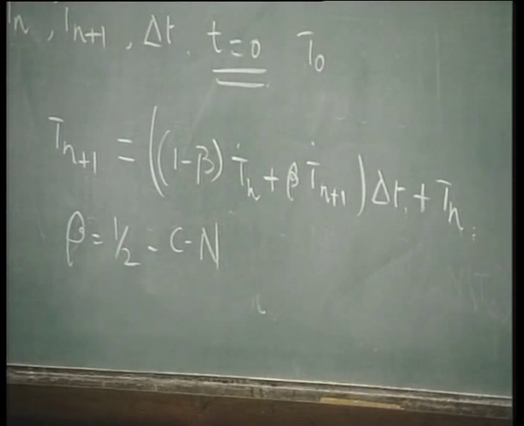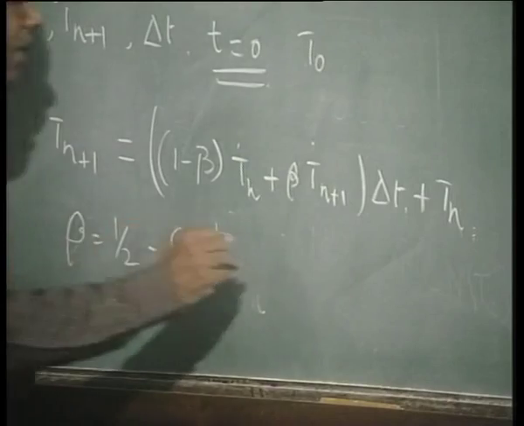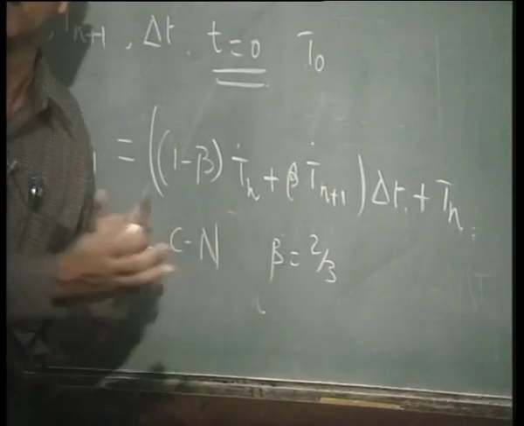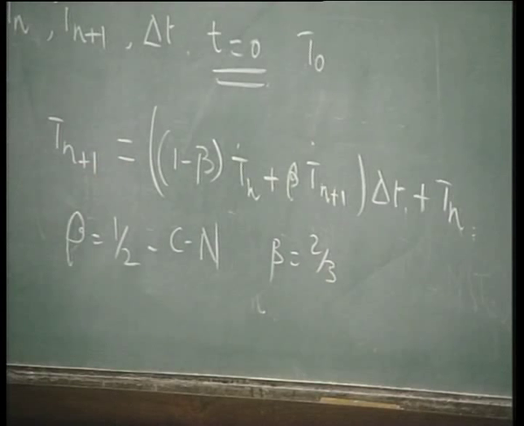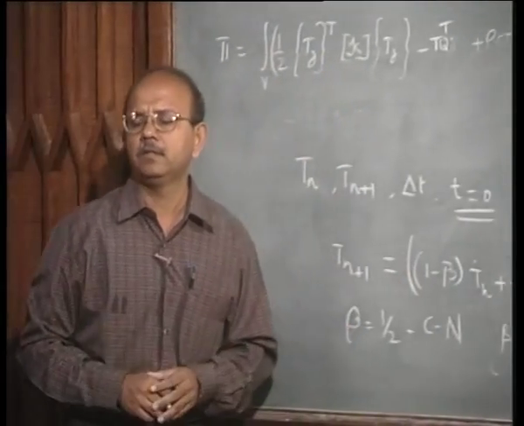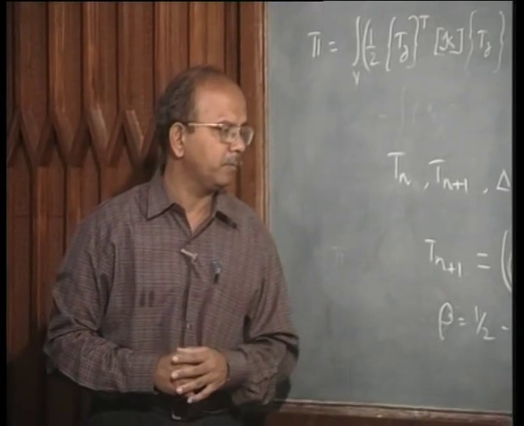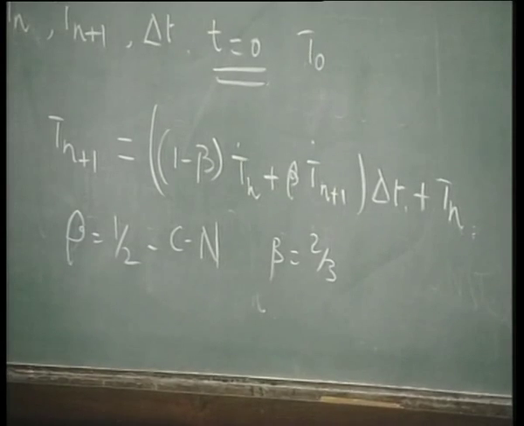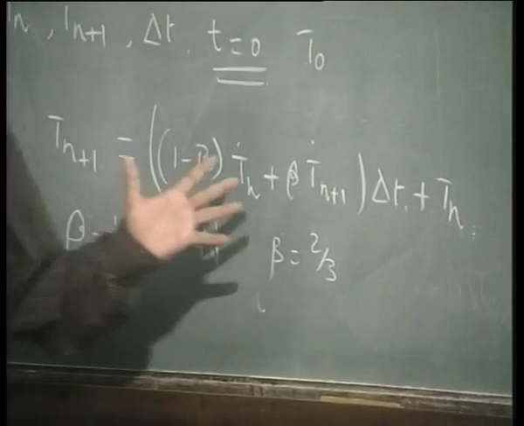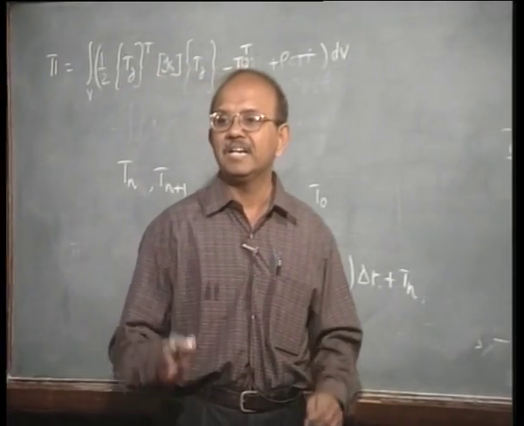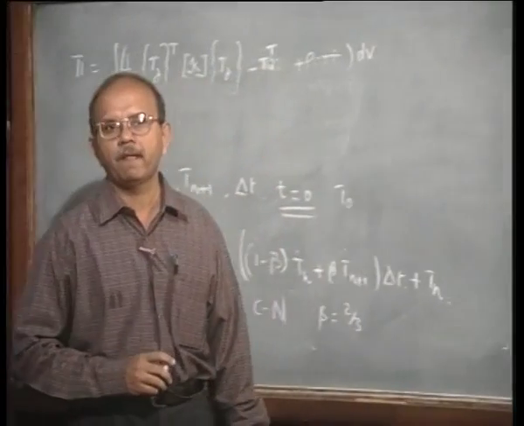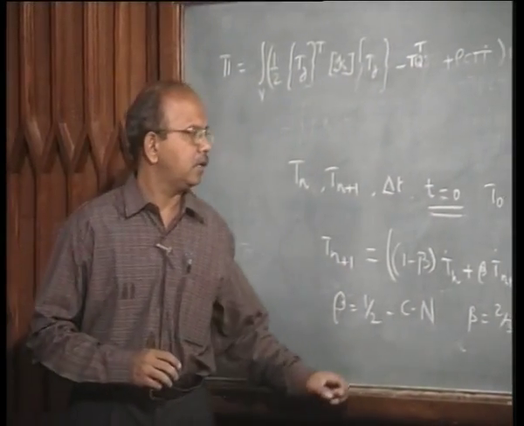Now, mathematical analysis has been done for these 3 conditions or for more than 3 conditions. In fact, you can have beta to be 2 by 3, the weightage given can vary. This is called the Galerkin scheme, beta is equal to 2 by 3. Now, a lot of numerical analysts have worked on this problem, and they found out that the first scheme, the explicit schemes, are conditionally stable. They said that these schemes are conditionally stable.